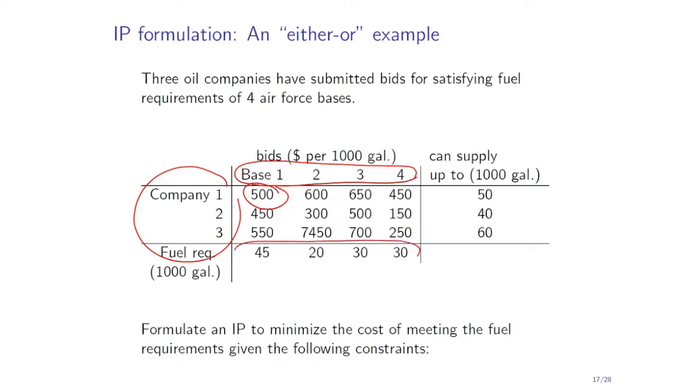This is the fuel requirement of each base, and this is the production capacity of each company. So for example, company 1 can supply up to 50,000 gallons of fuel. Now we want to formulate, so the Air Force wants to select the best bids. Okay, so it's a cost minimization. Formulate an integer program to minimize the cost of meeting the fuel requirements